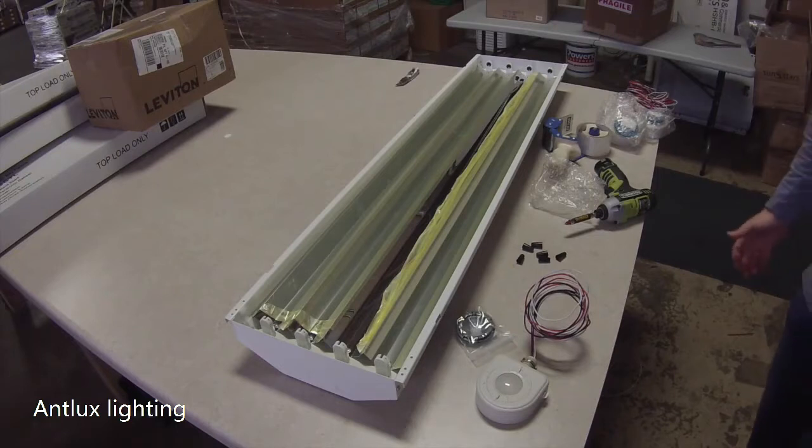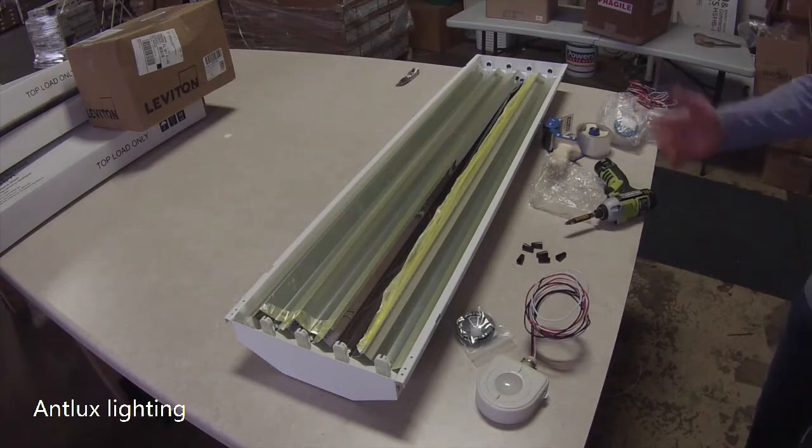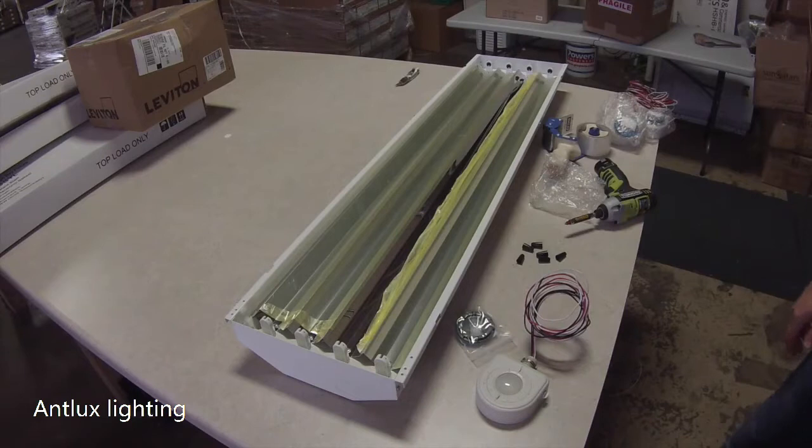I'm actually going to show you how to add a motion sensor to a lighting fixture. This one happens to be a high bay. I got the camera kind of close on the fixture so you can pretty much just watch my hands. I'll try to explain it as best as I can. If you have questions, please contact us, call or email, or you can always get a hold of me at